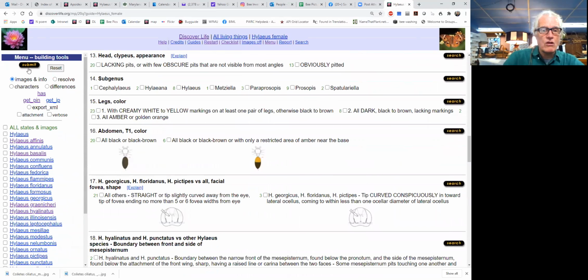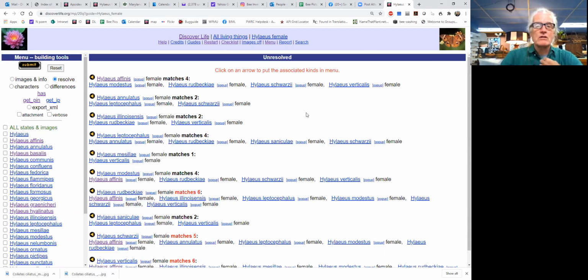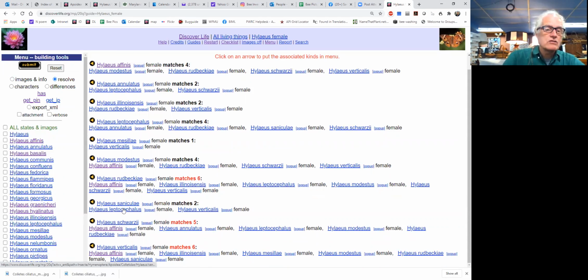So you can click the resolve button here. This is a tool that we use. And you can see even within this guide, based on a relatively simple algorithm, Aphanus doesn't have one clear path to separate it from Modestus, rebeckiae, schwartzii, and verticalis. So there is some work here in the Hylaeus guide to do. Maciliae doesn't always resolve from verticalis. Most of the time it does, because it's just saying that there are certain combinations of characters that won't resolve these two. Anyway, it's a tool to look through and see if you need some more work on adding